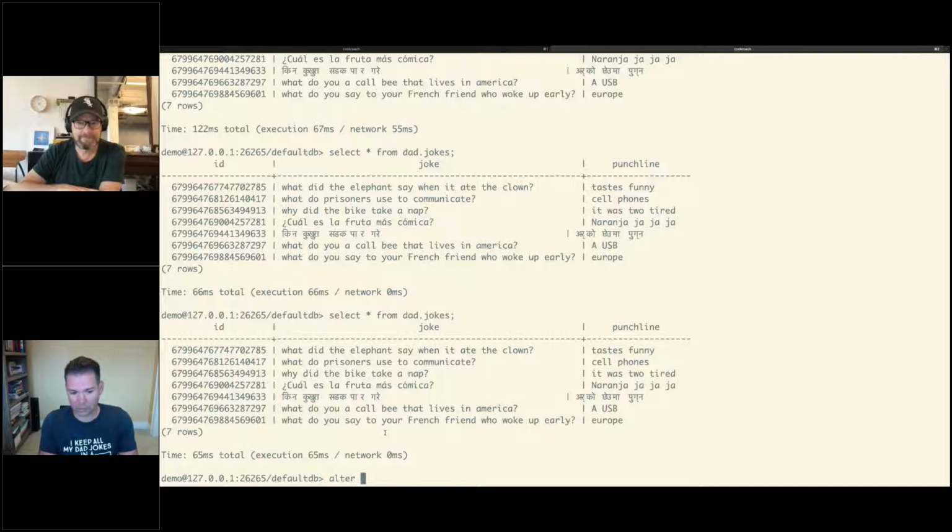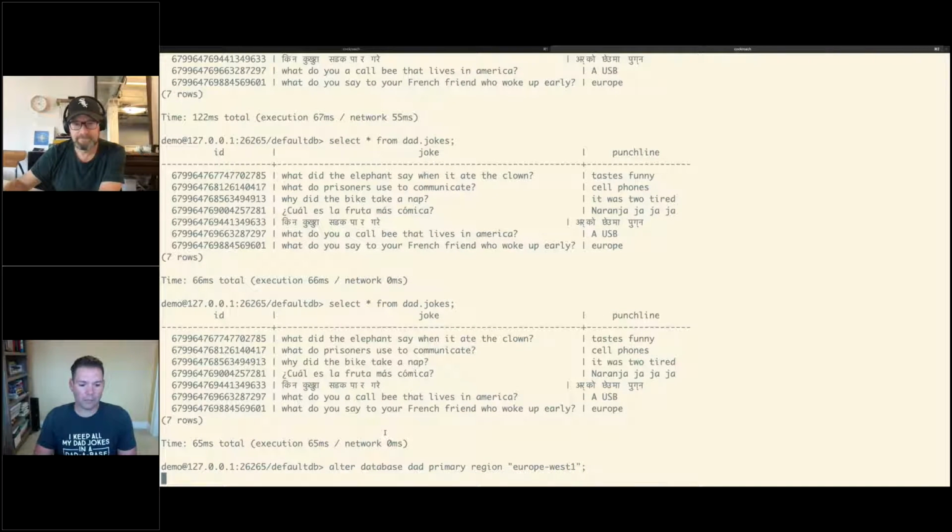So let's just say my application is primarily going to run out of Europe. All I have to do is create an alter command. I can do alter database dad and say primary region is Europe West 1. And this will happen live.